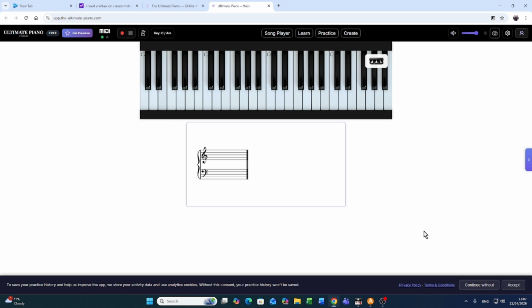So we're just going to go over the inversions again and the neat little trick you can use to get any inversion. But let's just remind ourselves, I'm sure you've got it by now, how we got our triad chords in the first place. So for the key of C,